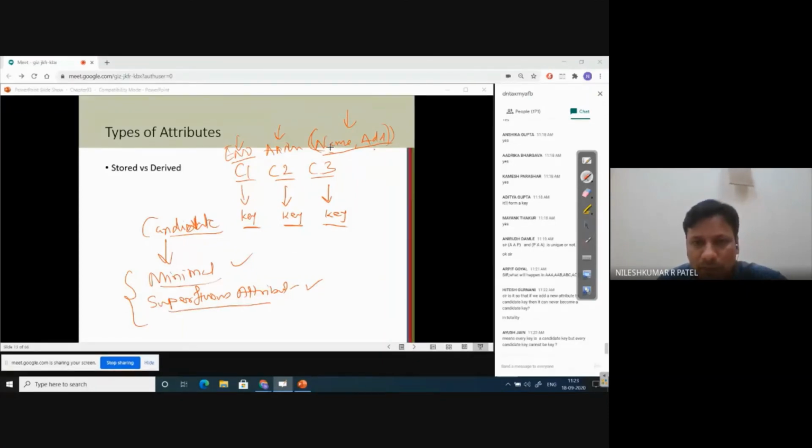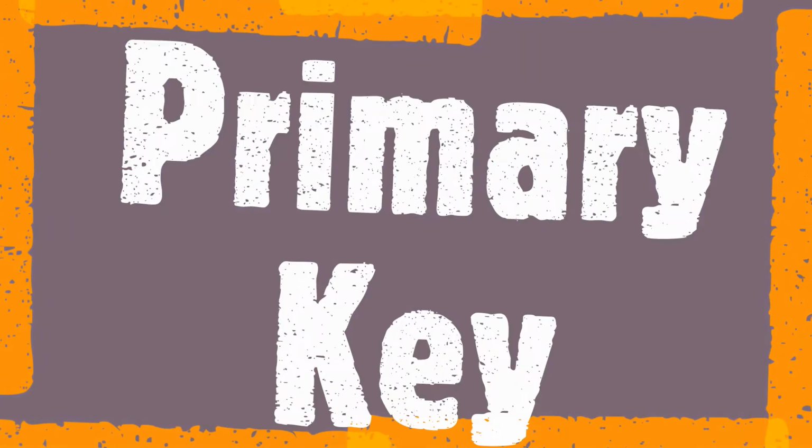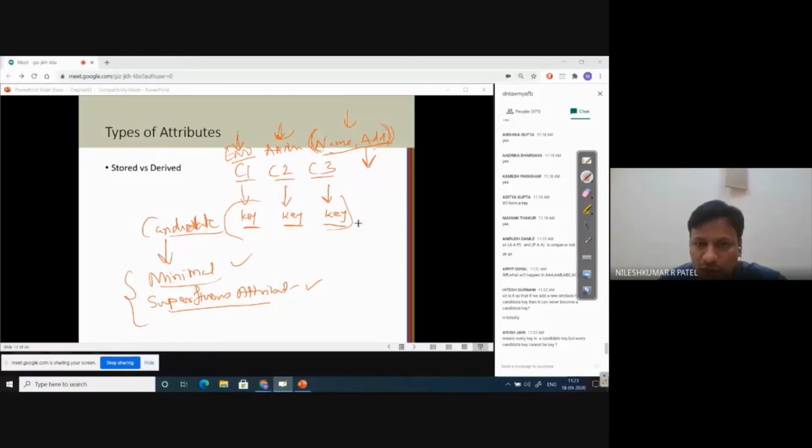So they are following these rules: minimal and no superfluous attribute. Means what? By name and address we can give you the uniqueness property. By address we can give you the uniqueness property. By enrollment number we can give you the uniqueness property. So we have three candidate keys. Now from these three candidates, one will win the election, right?